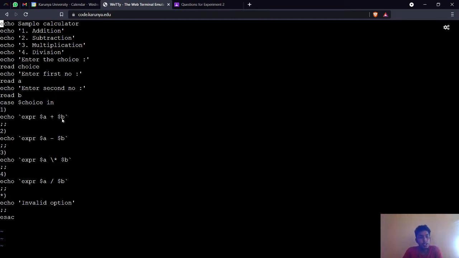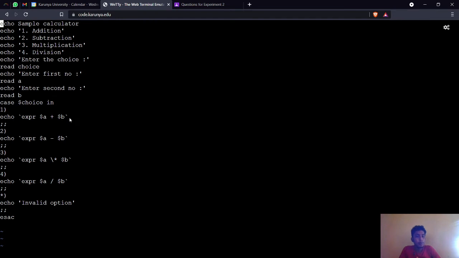So a plus b. If you simply write echo $a + $b without expr, it will print as it is, dollar a plus dollar b. But here we are going to evaluate, and expr means evaluating. So that should be written enclosed by that special symbol.